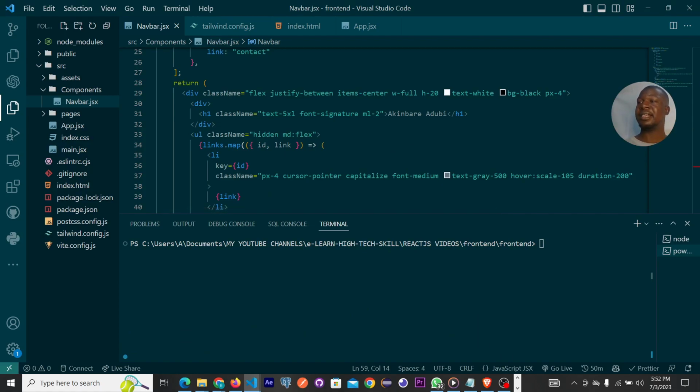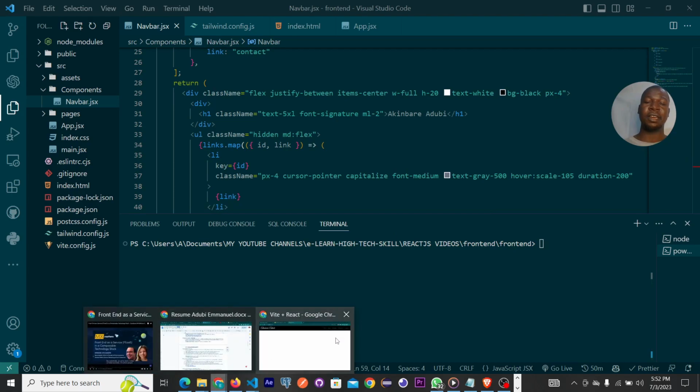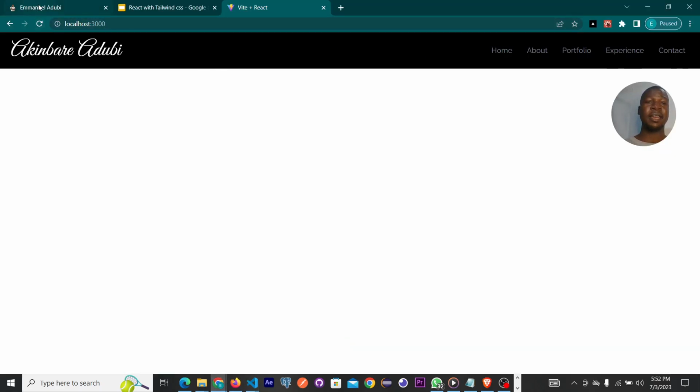I think the other thing I might want to also add is, let me already add the, should I add the smooth scroll now? No, let's just continue. So when we get there, I'm going to show you. All right. So the next thing after the now if you can look at this and this, you see that